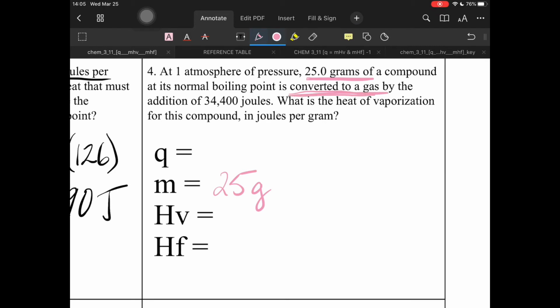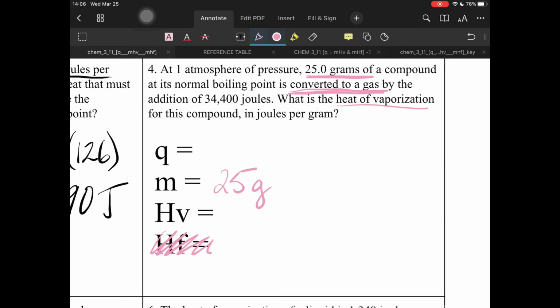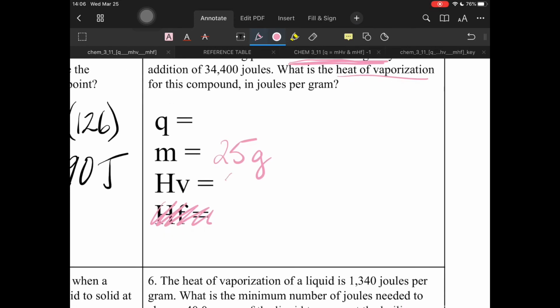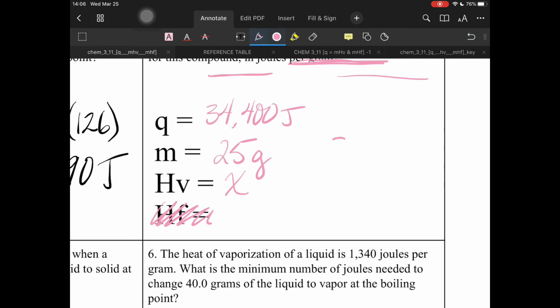That's a big thing here. So if we're turning into a gas, that means we must be a liquid. Liquid to gas is heat of vaporization. Oh, well, it's asking us for that. Okay. Heat of vaporization is going to be our X, and it's saying that you're adding 34,400 joules. Okay, so we have 34